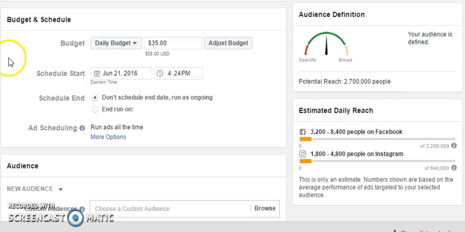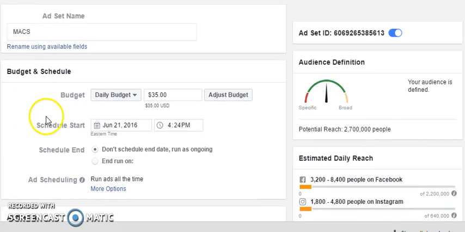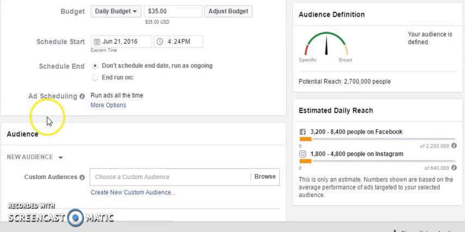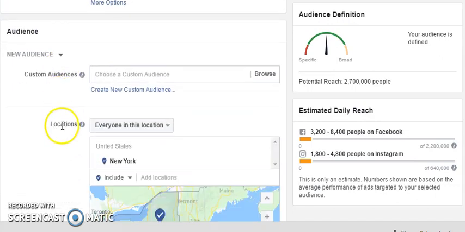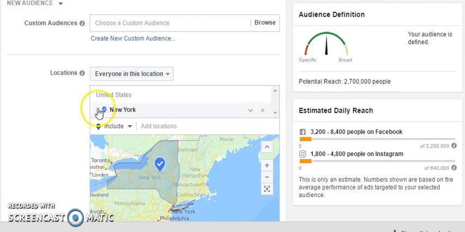So here you will see, as we spoke about, roughly a budget of $35 a day or $1,000 a month. And for right now, we're going to be targeting New York State, which you'll see right here. I just chose New York just randomly. Obviously, you can add multiple states if you're licensed in multiple states, or let's say you want a radius just